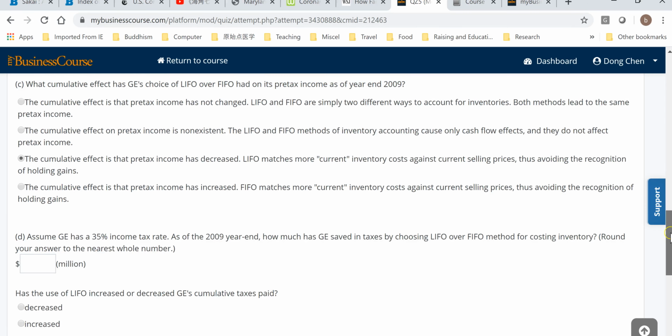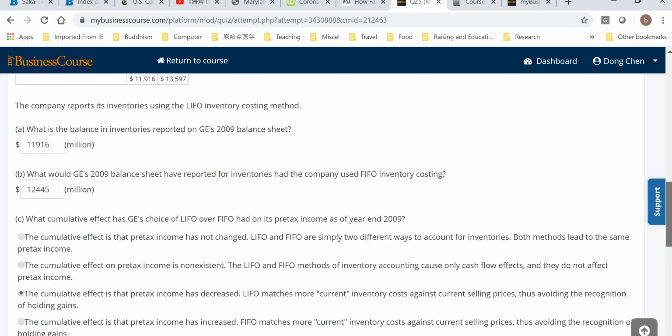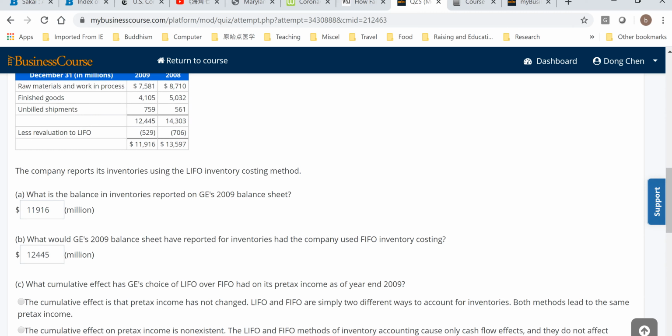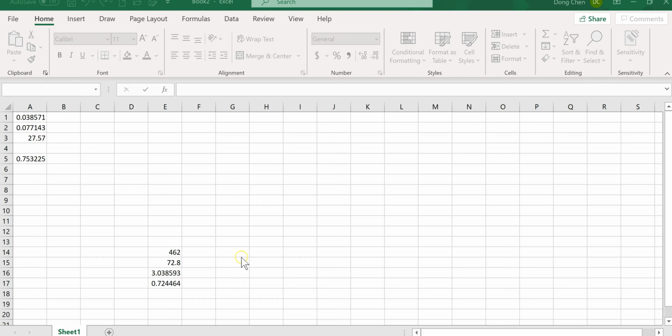So then we just need to multiply by the tax rate to calculate how much lower taxes under LIFO are compared with under FIFO. So we just need to multiply this 529 by 35%. So that gives me